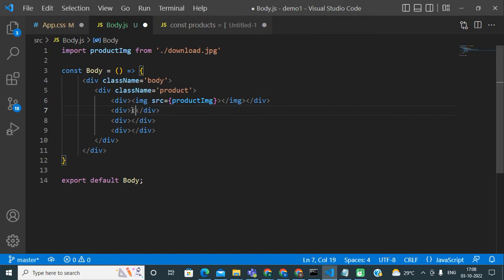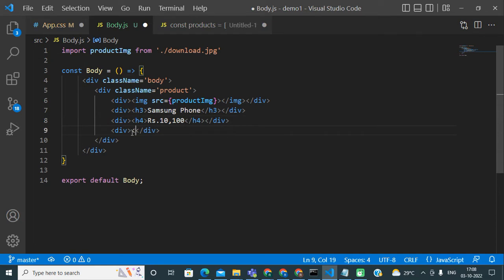Let me give any product name here. It will be Samsung phone maybe. I am just displaying dummy data, because right now I am just creating a basic design of my product item. Just 10,000 as the price of that product.